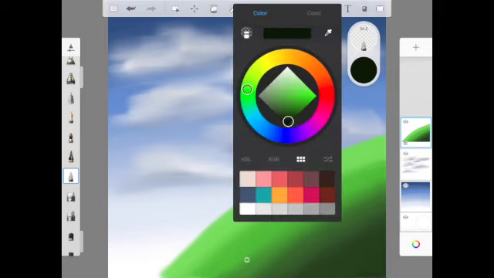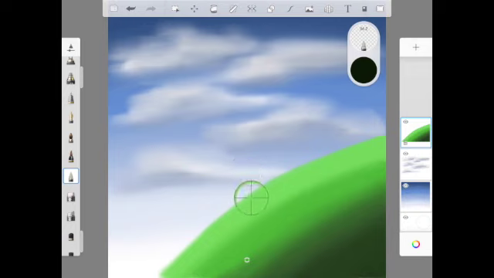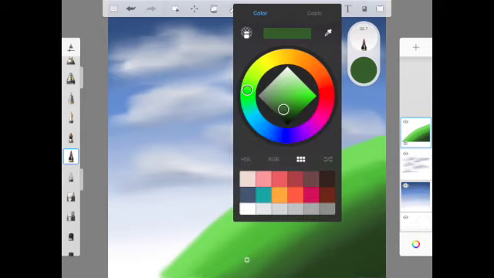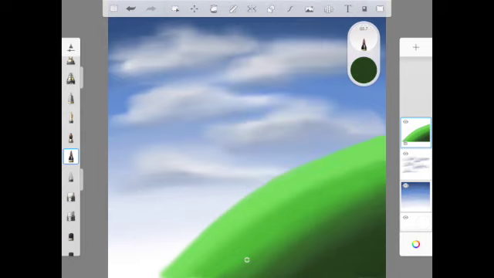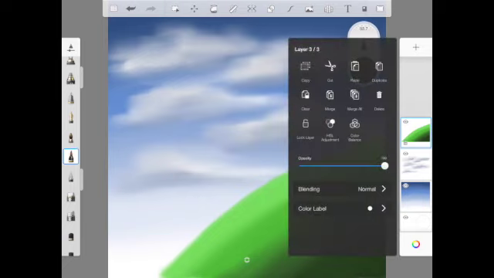Another thing to remember about colors is if I want to get the same colors for another area in my drawing, you always have this little eyedropper tool, which you can go and it will choose those colors for you. So it's really good to know as you get into coloring that you can go and find those colors again in order to match another area. But I don't want to go through all that drawing again. What I'm going to do is show you that transform tool that we used prior in our other drawing,